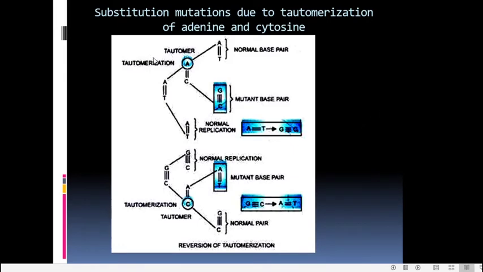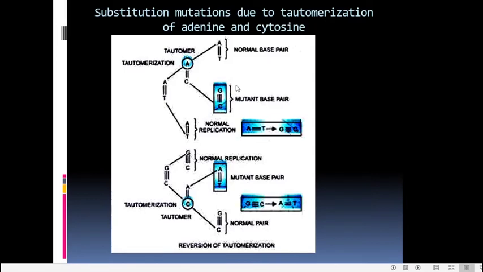So we will go to one instance where you have a base pair, that is AT, in a DNA molecule. Now suppose there has occurred a tautomerization by which this A has been converted into a tautomerized form. Now this molecule undergoes replication. When it takes place, the strands will separate. So here it is A and here it is T. These 2 strands will separate. But now this A is in the tautomeric form. So what happens?